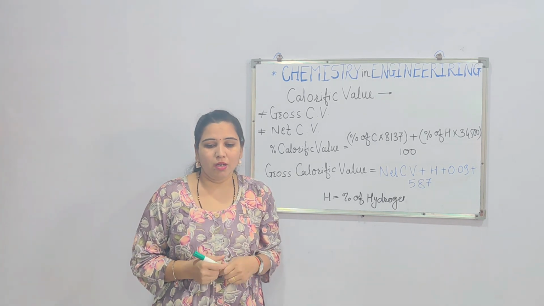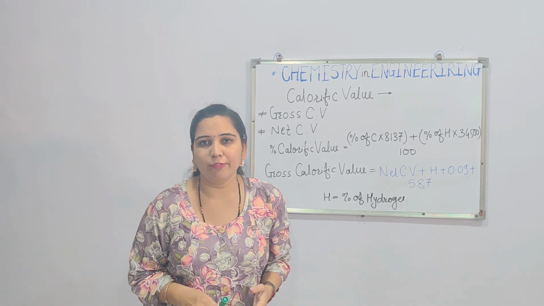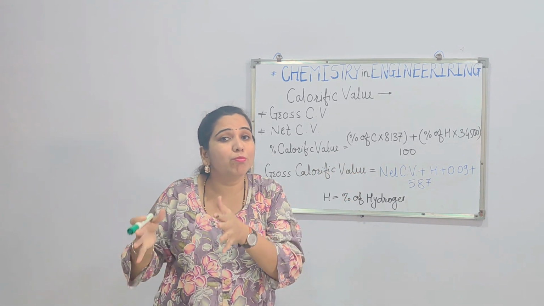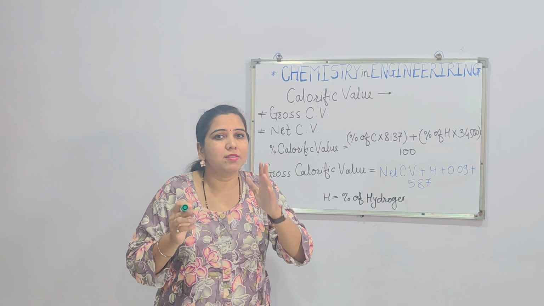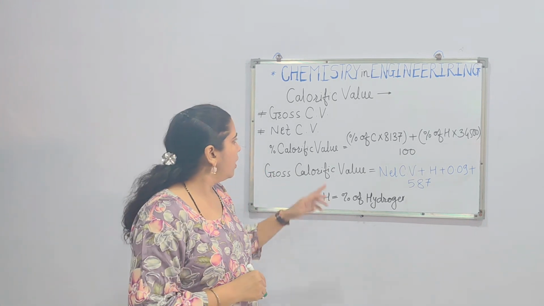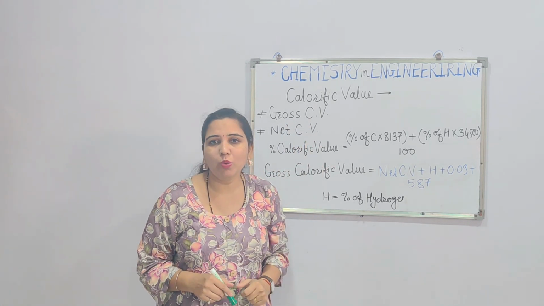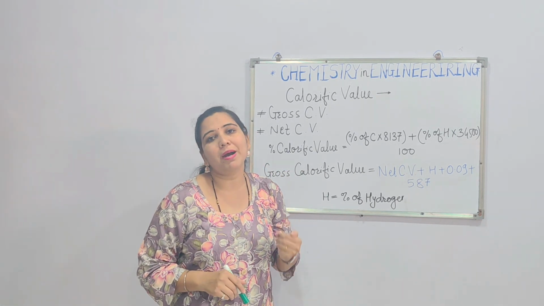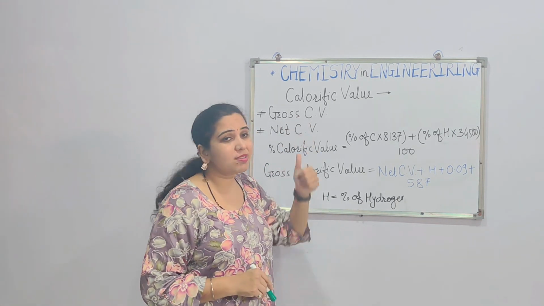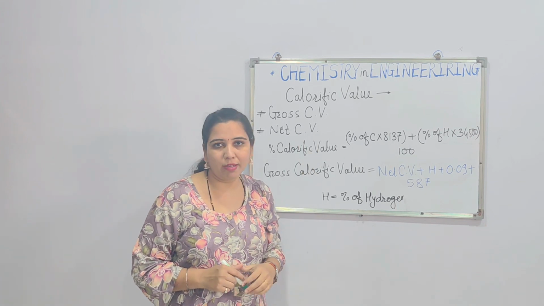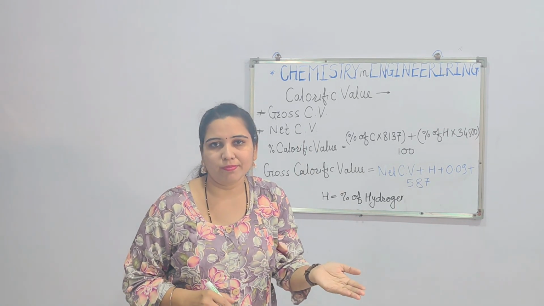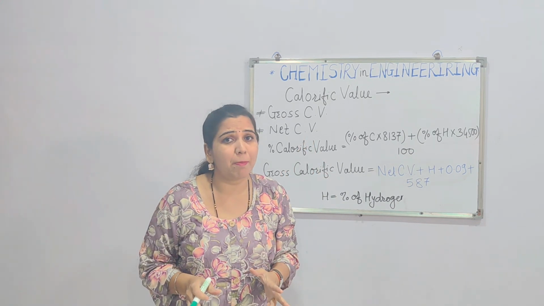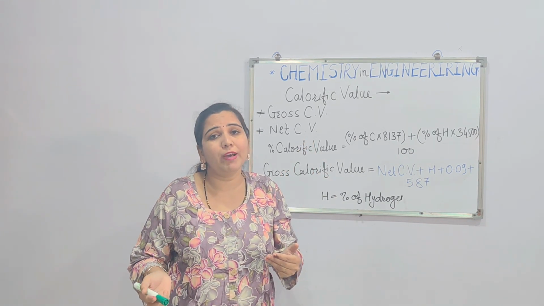Now guys, there are 2 types of calorific values, depending on how we carry out the process of burning. Number 1, gross calorific value. I wrote it here very briefly to minimize our time. Gross calorific value, CV is for calorific value. Gross means higher, so higher calorific value, and we have to consider the same type of sample. So how is the higher calorific value obtained?